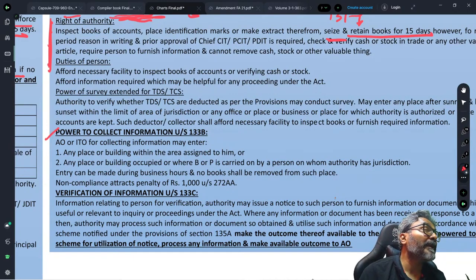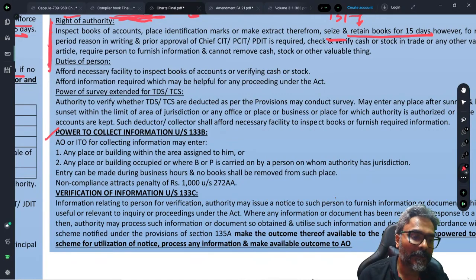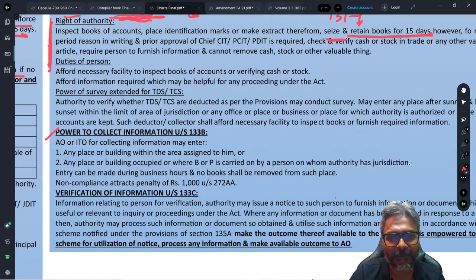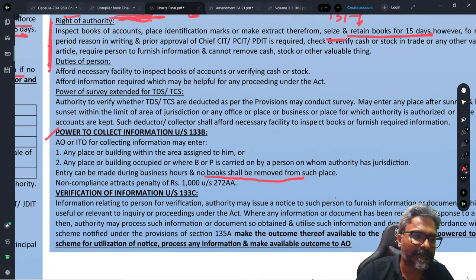But here you cannot impound or seize the books of accounts. No books of accounts shall be removed from such place. So here you cannot impound or seize the books of accounts, students. That is what it is. And the fact that it cannot be impounded or seized, my next question therefore to all of you